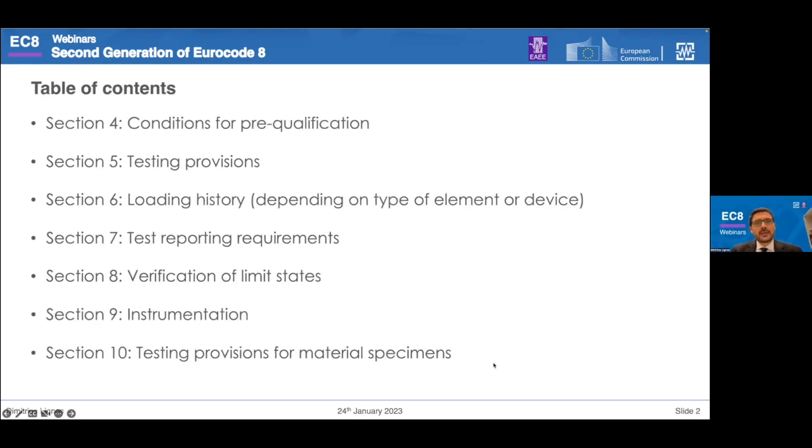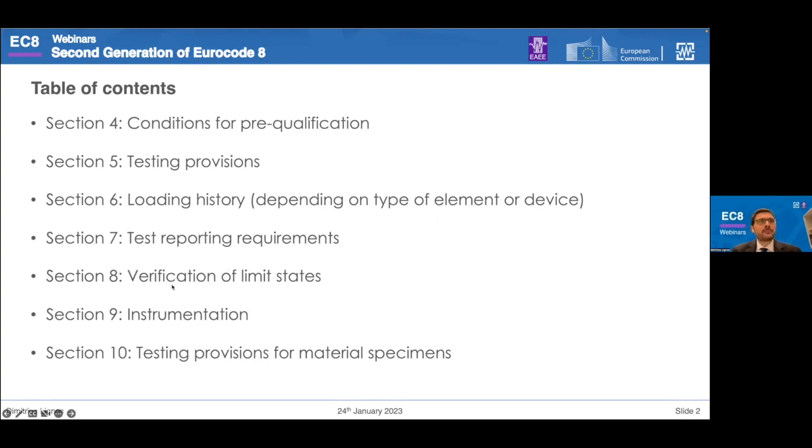So the technical specification includes the sections that you see here and essentially describes conditions for pre-qualification, testing provisions, the loading history, depending on the type of element or device. We saw earlier that Professor Bayer discussed a bit the issue of loading history. So this comes here. Test reporting requirements to ensure